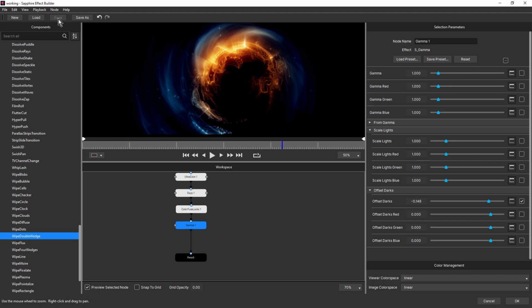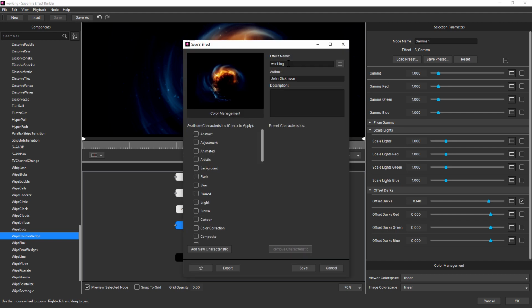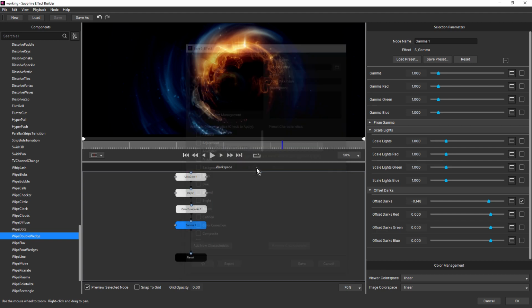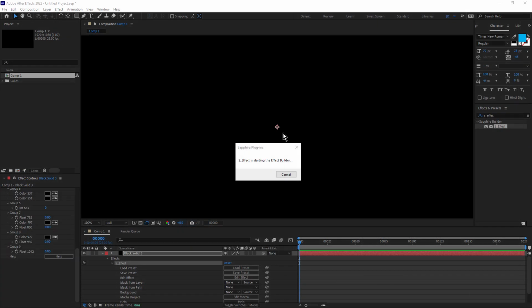Currently it's going to save as working, which is what I named the previous one. So I'd have to save it as. And now we can adjust that title, give it some sort of space portal or some name. Give it a description, add some tags, and just save that. I'm not going to save that right now. If you did want to have it as a favorite, you can just check this little star. I'm going to cancel, discard. I'm going to click OK.